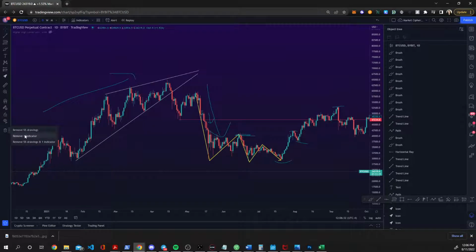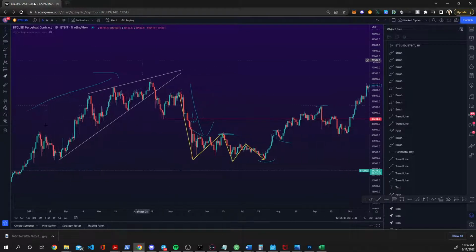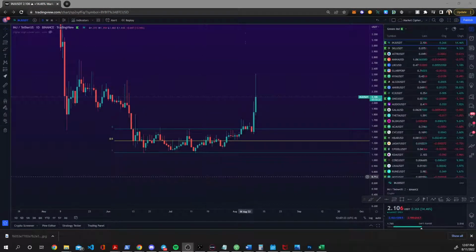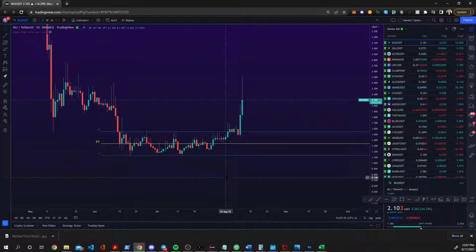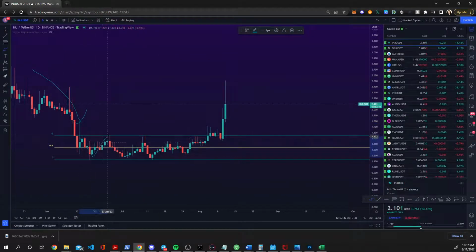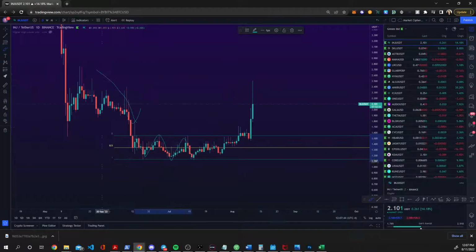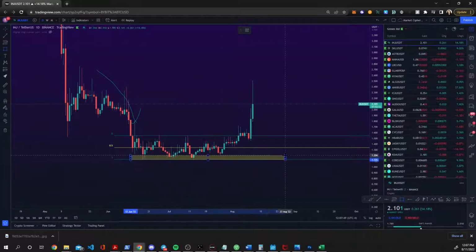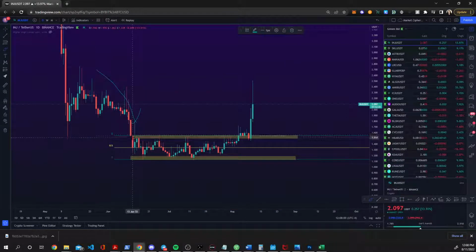Now let's look at a consolidation trend or a sideways trend. Now this right here is a perfect example of sideways or consolidation. As we can see, we're moving from a downtrend and we start having some sideways action, right? We can establish a support on the lower region, and then we can establish a resistance in the upper region. Right, so after we have at least 2 touches,